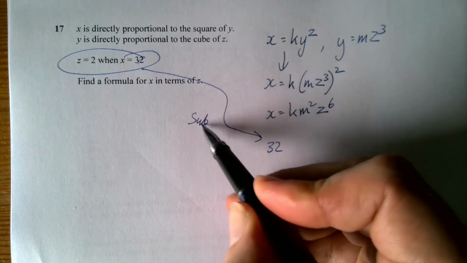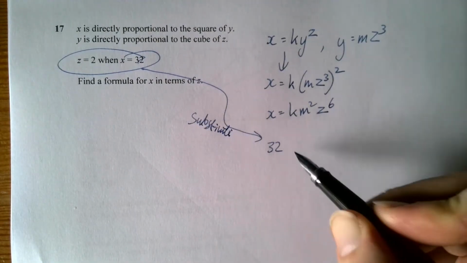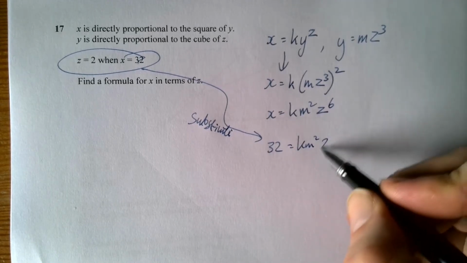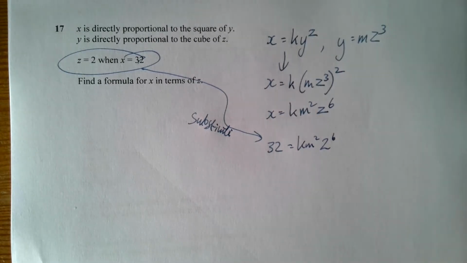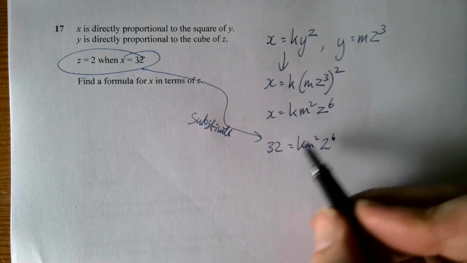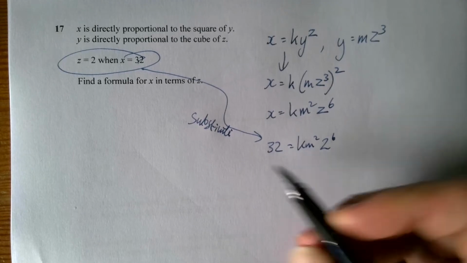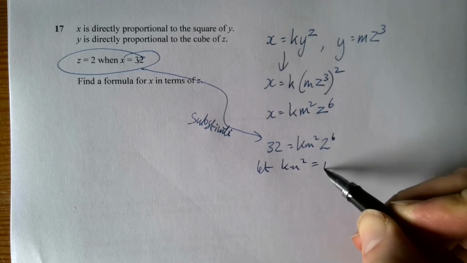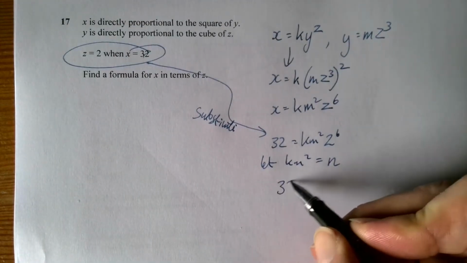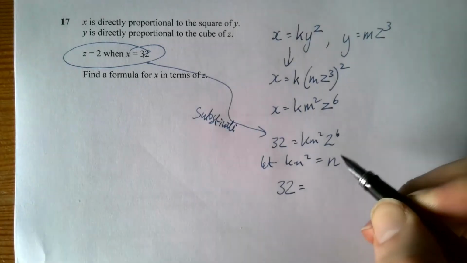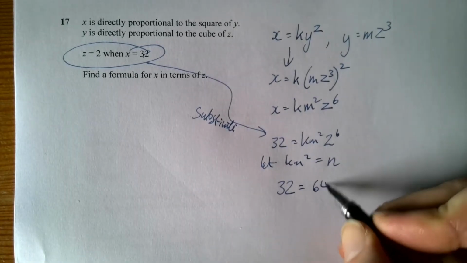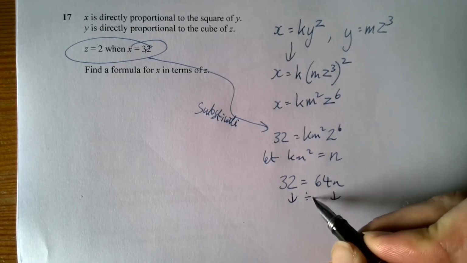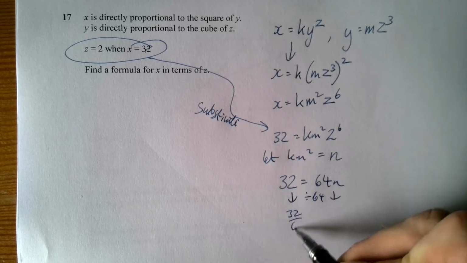So if we substitute in, then I could say that km squared is equal to 2 to the power 6. And 2 to the power 6 is 64. And it doesn't really matter. Let's just let km squared equal, let's give it another letter, let's call it n. So 32 is equal to n times 64, putting 2 to the power 6 in my calculator, I get 64. So to find out what n is, I just divide by 64 and get 32 over 64, which is a